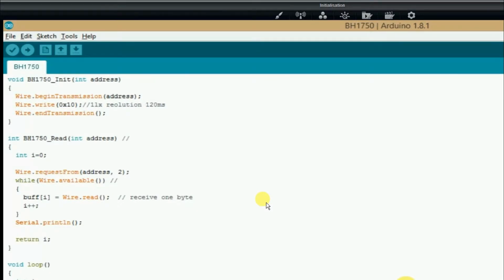BH1750 read is another function whose argument passed is the address. In this function the master requests data from the slave by using the command wire.requestFrom(address, 2). Here 2 is the quantity of bytes requested by the master from the slave. Variable i is used for the array. So if the bus is free and data transmission is possible, then the first data will be stored in the buffer where i equals 0 initially using the command wire.read, and then the value of i is incremented